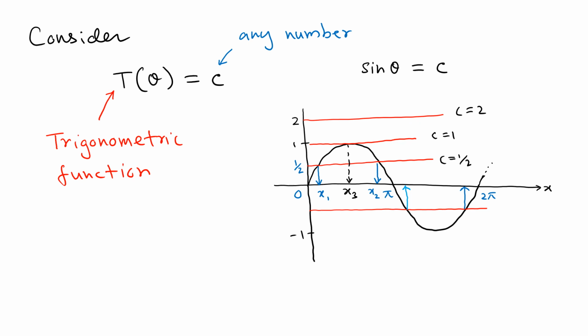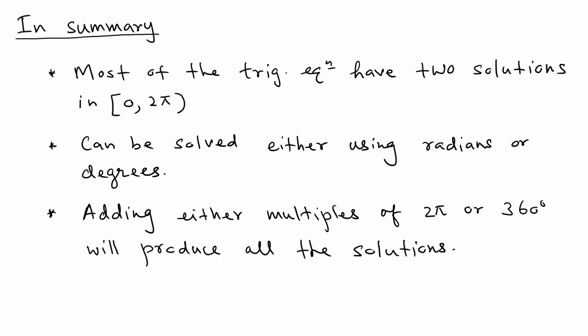We're going to find the values from 0 to 2 pi, or 0 to 360 in degrees, and then we're going to add multiples of 2 pi or multiples of 360 degrees to find all the other values. So that's what we do in general. We can summarize these results like this. In most trigonometric equations, there are two solutions